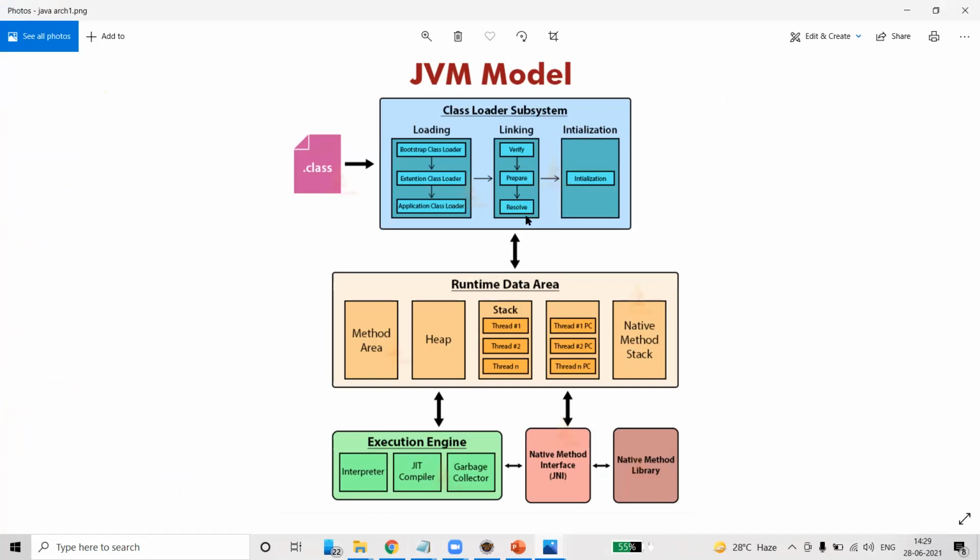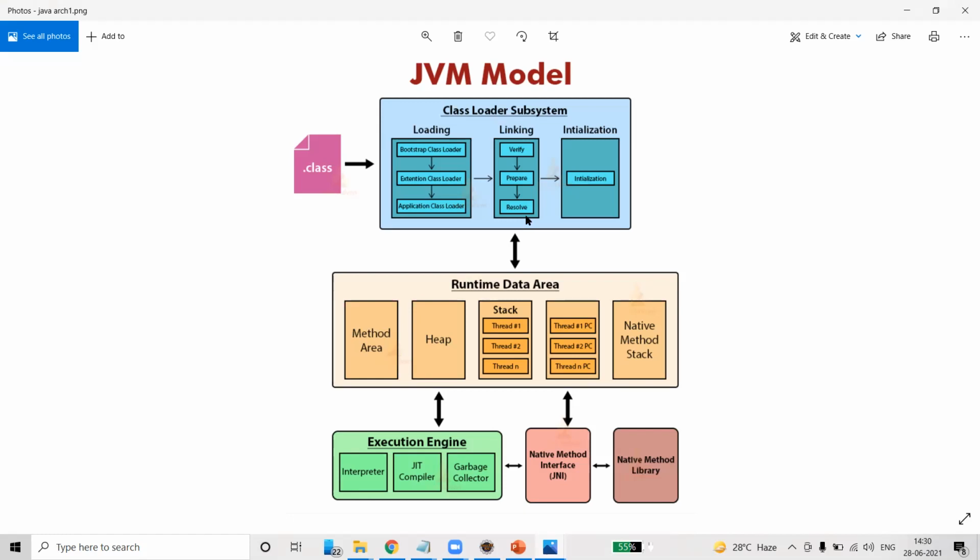It verifies and prepares the linking, and then finally, if there are any conflicts, it resolves the linking. And then finally, it will initialize your classes. These are the three functionalities of a class loader subsystem.